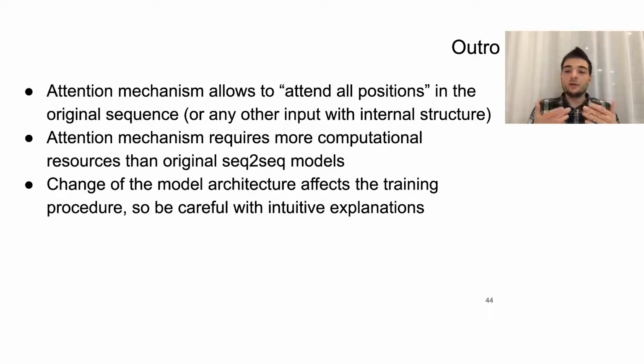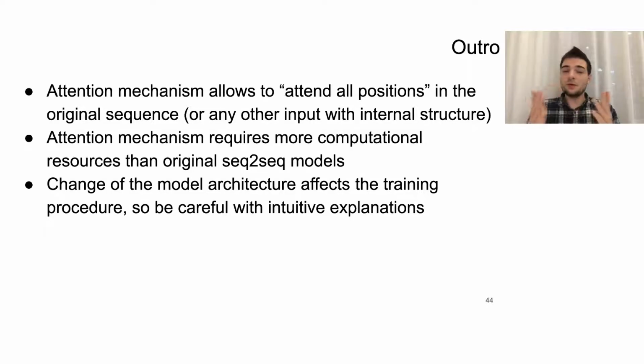And one of the most important ideas from this lecture is that the changes we make to the model architecture, like taking LSTM in sequence-to-sequence modeling and adding the attention mechanism to it, affect the way the model is being trained. So our intuitive explanations might be kind of off, because when we change the architecture of the model, we cannot assume that the encoder and decoder are still learning the same stuff they used to learn without the attention. But still, our intuition is a good instrument. Just please be careful using it.